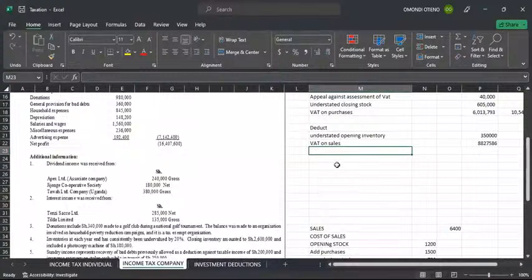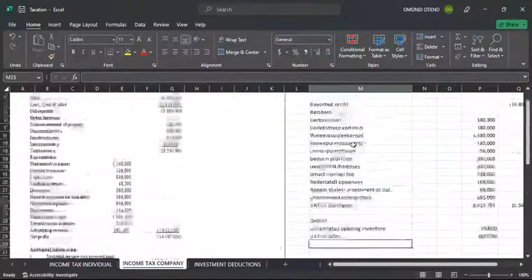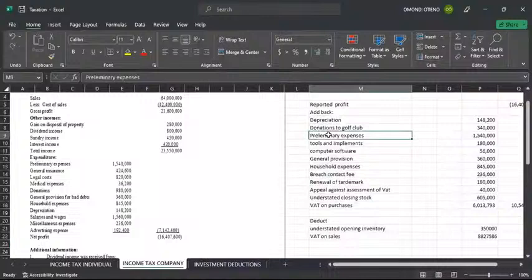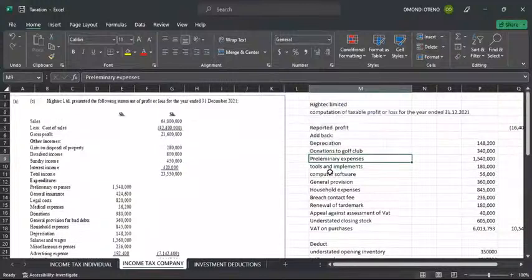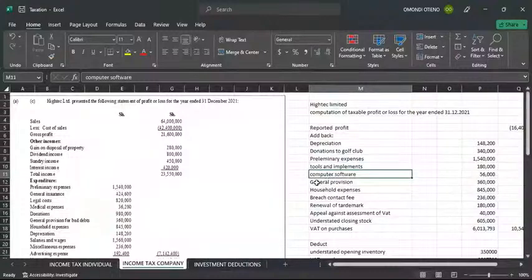Okay, so for those who are asking me how to treat the photocopying machine yesterday, they were saying that we are supposed to add it up here. So whatever you are adding up here was placed as an expense. It reduced the profits. That's why we were adding back the small tools, the capital expenses like these ones here, tools and implements, computer software,